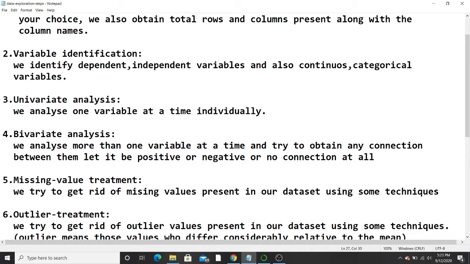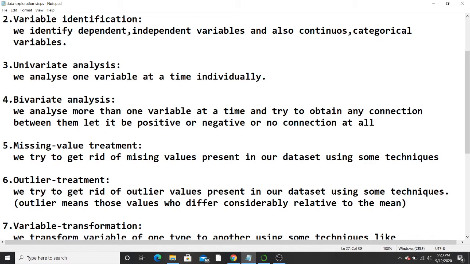Let's say we are analyzing 2 variables at a single time and we try to find out if there is any connection between them. Now that connection can be positive or negative, or it may happen that they don't have any connection at all. When I discuss these steps in depth in the later videos that I will upload, you will get a better understanding. Now I'm only giving a rough introduction about them.